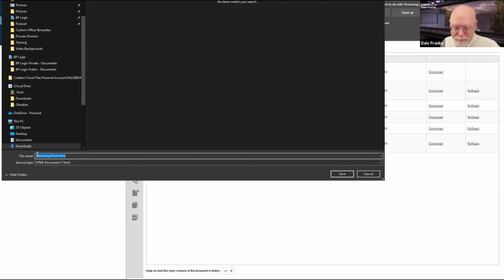except perhaps one thing that you might do if you save this HTML file. If you open it in a text editor, copy its entire contents, open the form, go to the source code editor, and paste all of those contents in, I suppose it's possible that I can recreate the form doing that. That's a long way around the horn. I can't think of a situation where that would be the preferred option. And if you don't know HTML, you don't really know what the effect is going to be. But